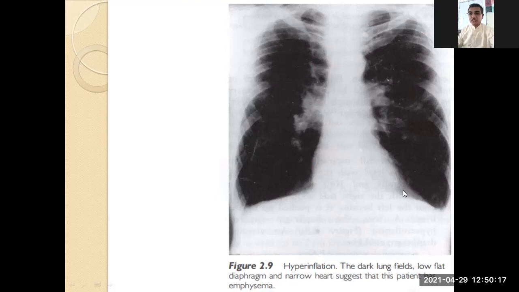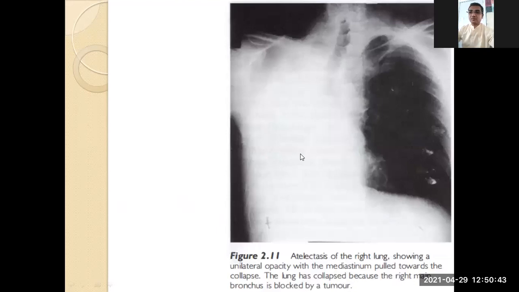You can see generally what will happen, on the right side there will be a liver. So when the liver is there, this hemidiaphragm needs to be somewhat up, but this is also at the same level. It means because of the hyperinflation or air trapping, it increases the size, and it shows a hyperinflated lung, much larger in size.